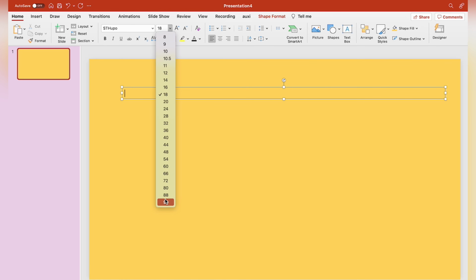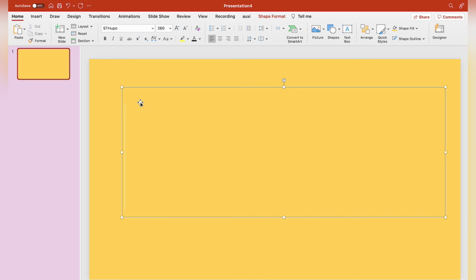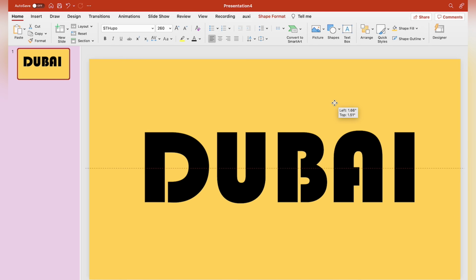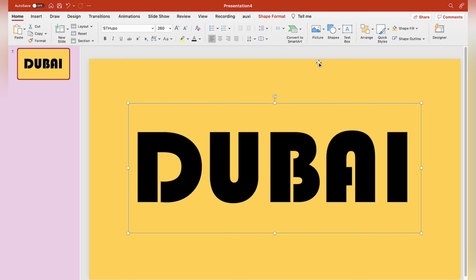Now for the font size, we need bigger than this drop-down menu offers. So we have to double click and type in 260 here. Now, I'm going to type in my headline, which is Dubai. I'm going to make some slight adjustments just to make sure that the headline is centered. This looks good. Now, while holding down the command key on my keyboard, I'll select the rectangle and then the